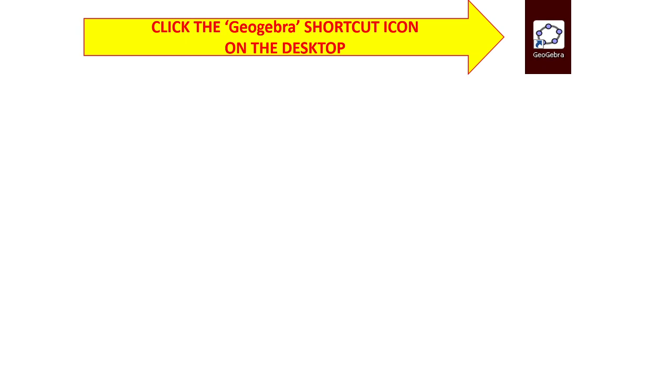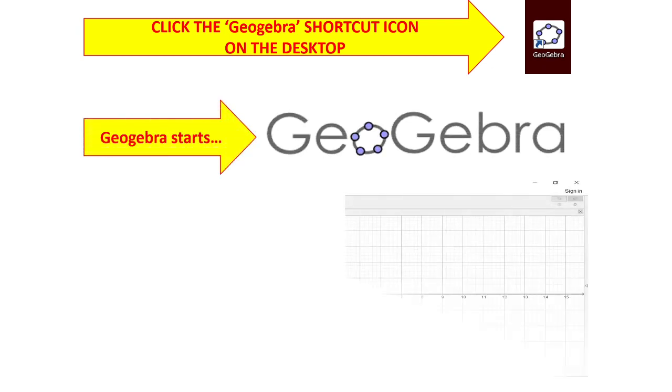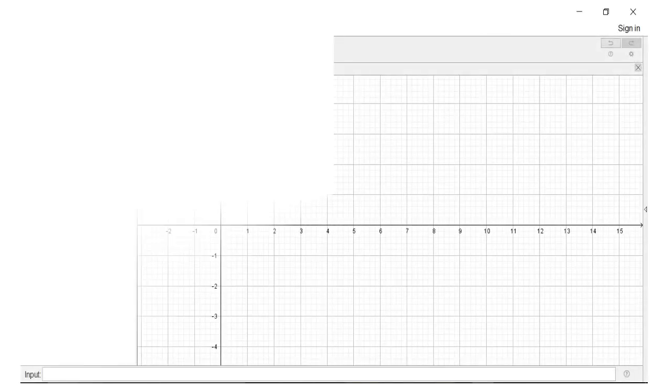It is in the form of a pentagon or a polygon where GeoGebra is written at the bottom. When you click it, GeoGebra opens. Now you are ready to go to the home page of GeoGebra. We are ready now to explore GeoGebra in our computer.